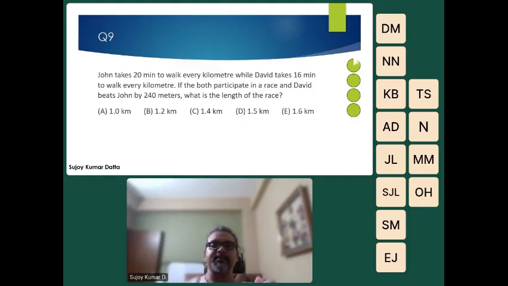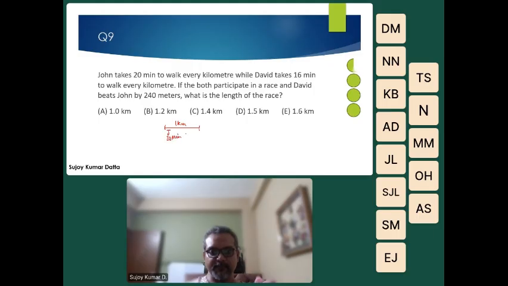Okay, I'll just discuss this. It says here that this guy John takes 20 minutes to walk 1 kilometer. So if there is a 1 kilometer distance, then John takes 20 minutes and David takes 16 minutes for the same distance, 1 kilometer. Now they're saying that they both participate in a race and David beats John by 240 meters, meaning